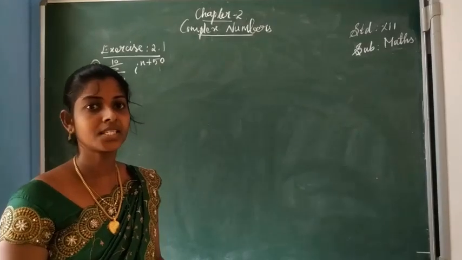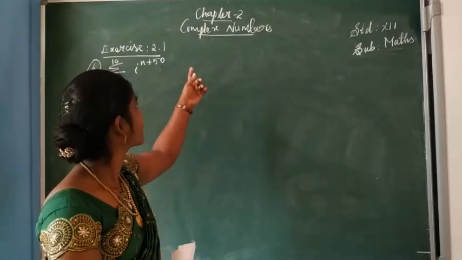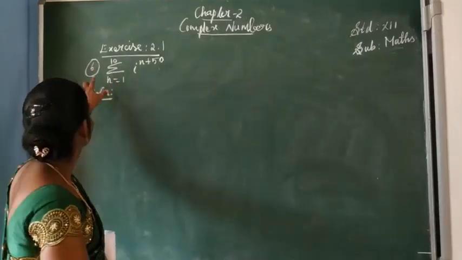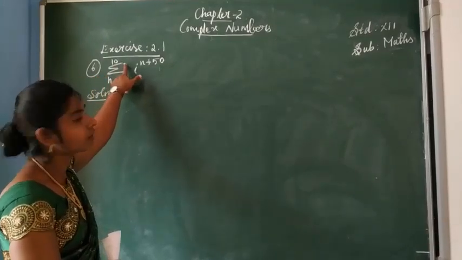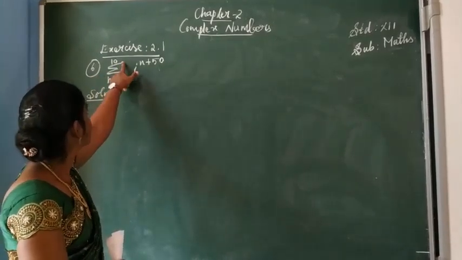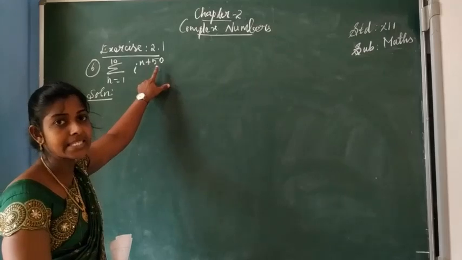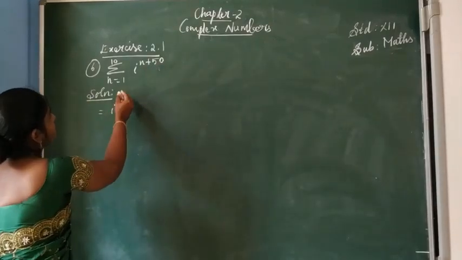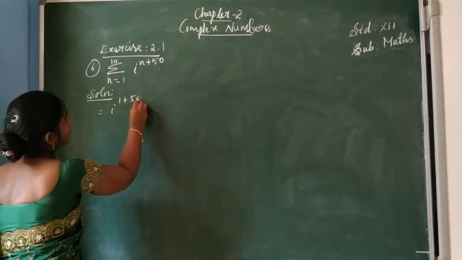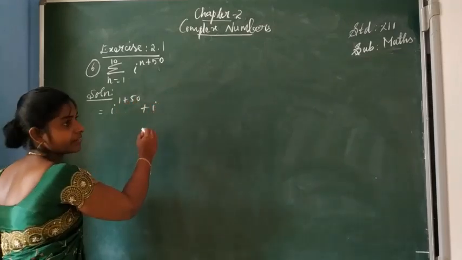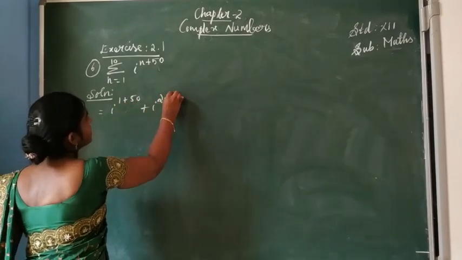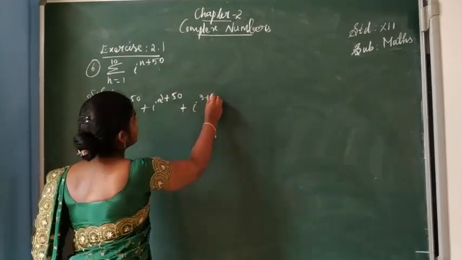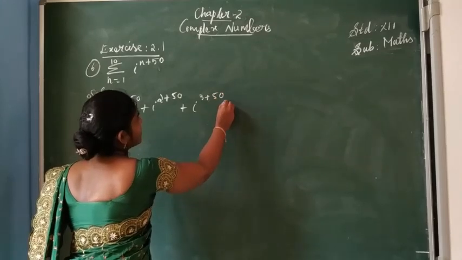Good morning students. 12th Maths, Chapter 2, Complex Numbers, Exercise 2.1. Summation n equal to 1 to 10, i power n plus 50. So i power 1 plus 50 plus i power 2 plus 50 plus i power 3 plus 50 plus i